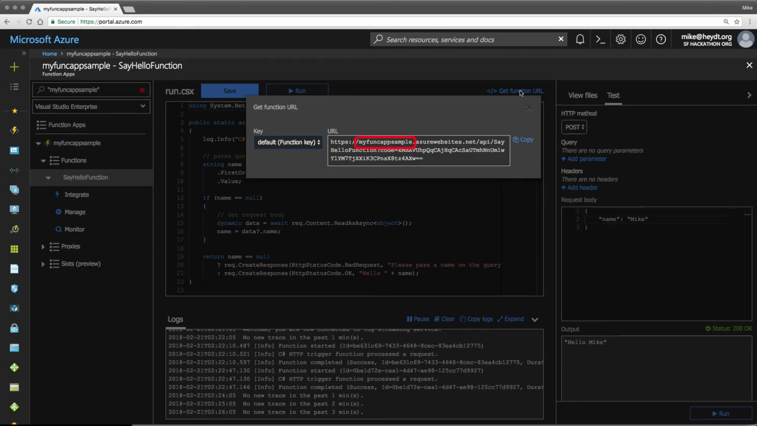Note that it starts with the name of our function app, followed by azurewebsites.net, and then /API/our function name. And also included is an authorization code since we're using the function level authorization. Azure generated this code for us and put it in the URL. So let's copy this URL to the clipboard, and we're going to hop over to Postman and make a